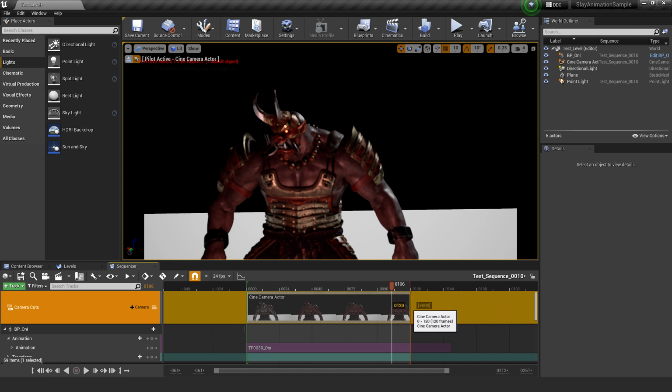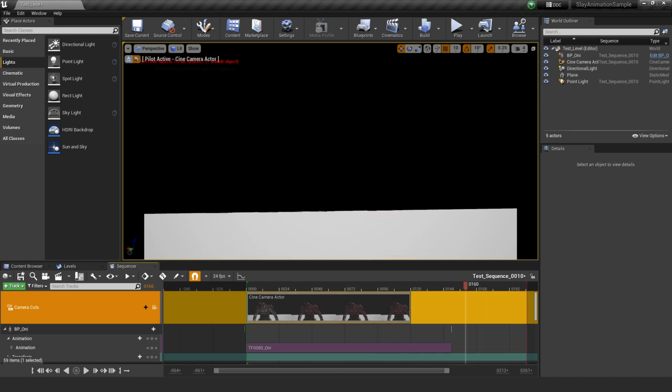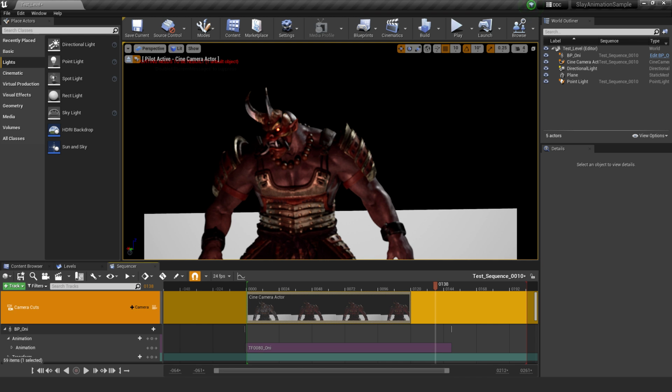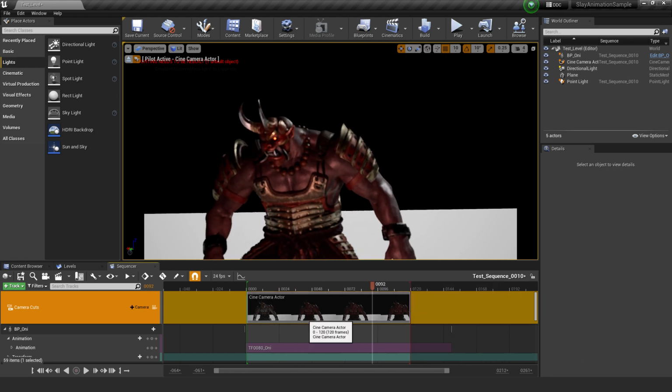We can click and drag at the end of this block and stretch it beyond where it needs to go, in case you ever need more frames to be viewed, as that is very important. If we go beyond this and you try to render anything out, there will be nothing to see, as there is no camera to view it. The only way inside of Sequencer to view anything and to render anything out is your camera cuts, which is this, and any camera that is referencing these camera cuts that is then allowing you to see these.